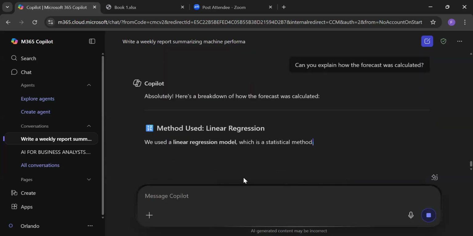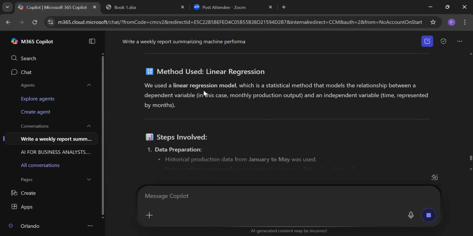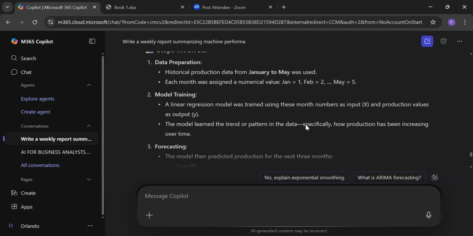And then an explanation will be given to you, where they use linear regression. Per the data given, historical production data from January to May was used. Each month was assigned a numerical value.